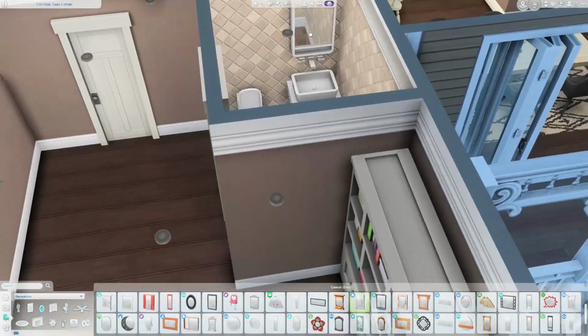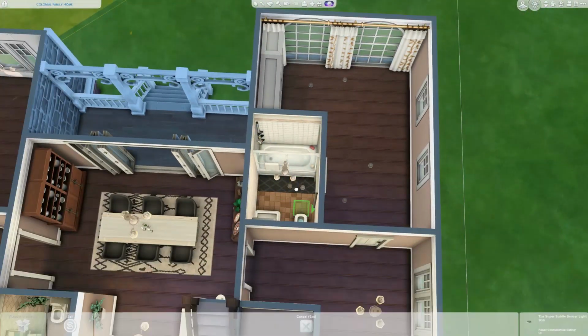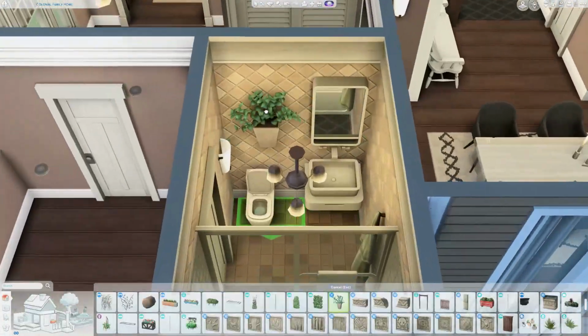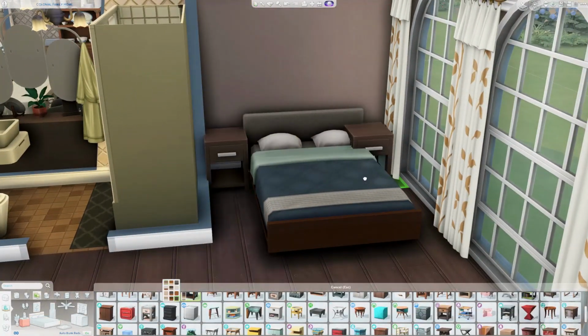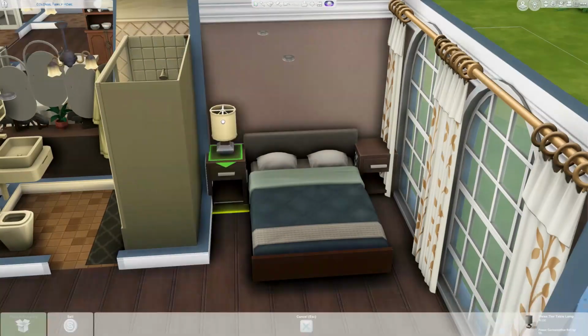Now, originally, this is kind of before I had a full plan of the bedrooms, and you can see that I put the bookcases in that room there. I was gonna make it like a big open office or play area or something, and that's when I realized I needed to make it a bedroom. So this ends up being the primary bedroom,